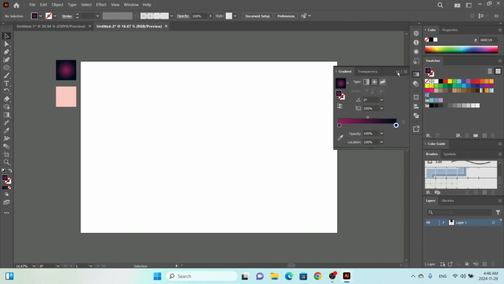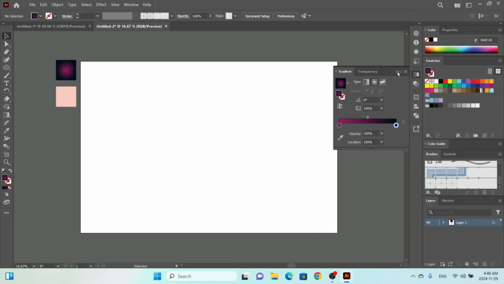To create our own custom grid, we're going to use the pen tool. By holding down the Shift key, we're going to make the straight line. By holding the Alt key, I'm going to make the copy. Control D to duplicate that. We're going to align it, Control G, group it,